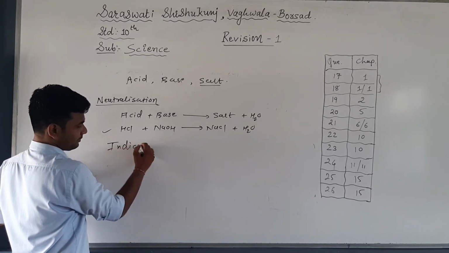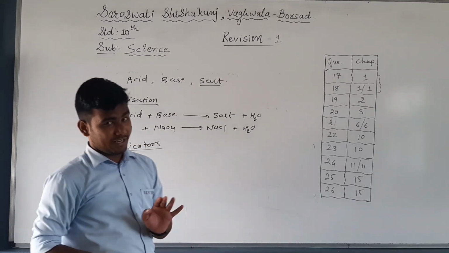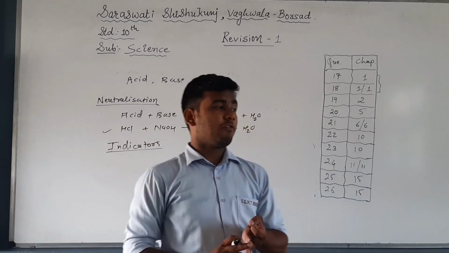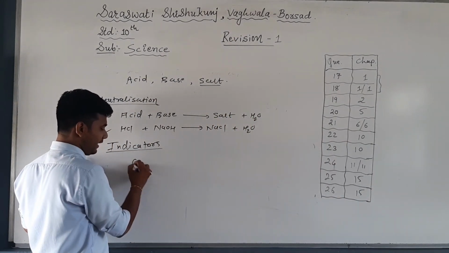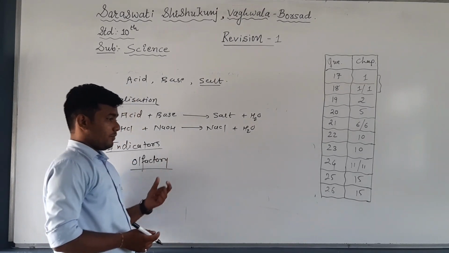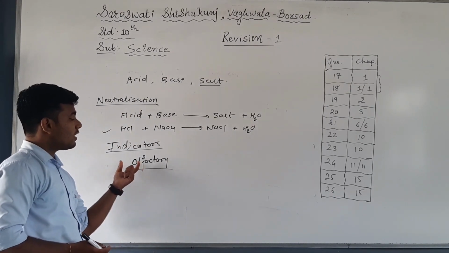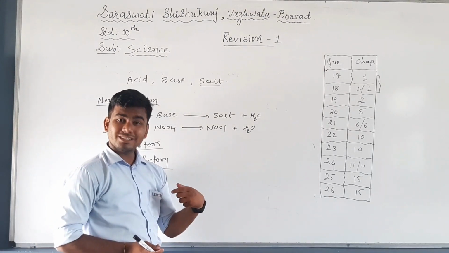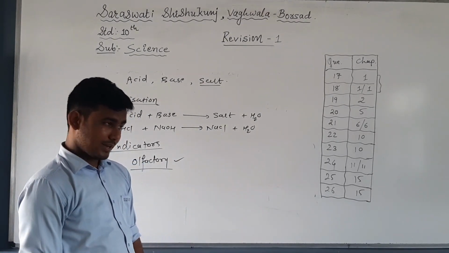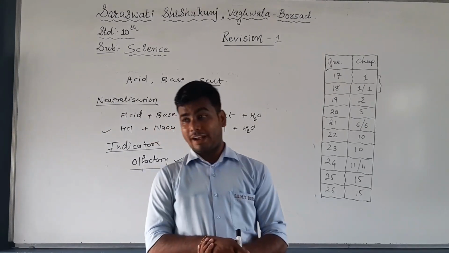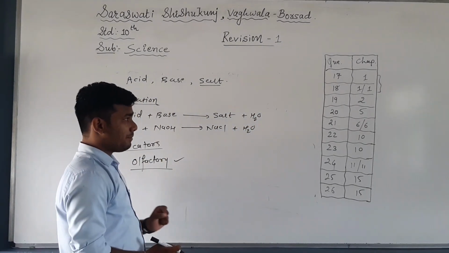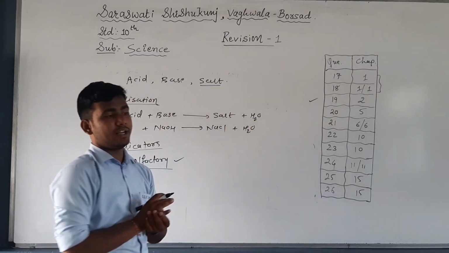Also there are some important topics which can be asked to you in 2 marks, like what are indicators and types of indicators. In that there is one very important one, the universal indicator and the olfactory indicator. What is an olfactory indicator? Whenever the solution is acidic or basic, the olfactory indicator indicates the compound's acidity by changing its smell. So from smell, this olfactory indicator is identified. We can also write examples of olfactory indicators and universal indicators. There will be some natural indicators also. So the topic of indicators can also be important to you for question number 19 from chapter number 2